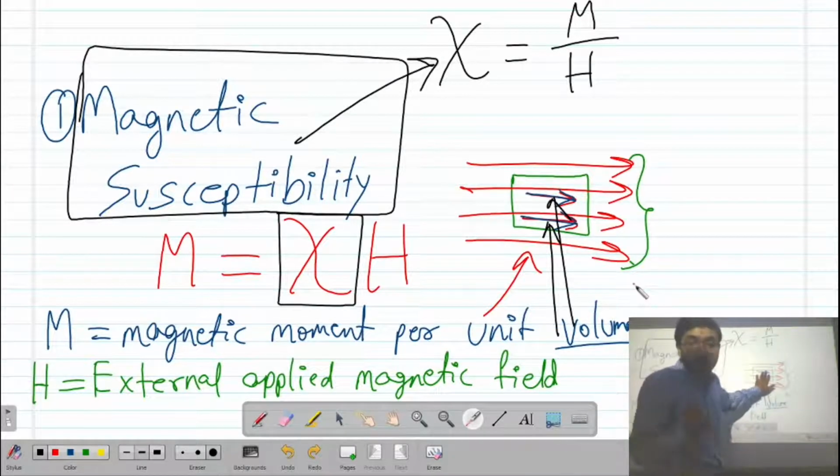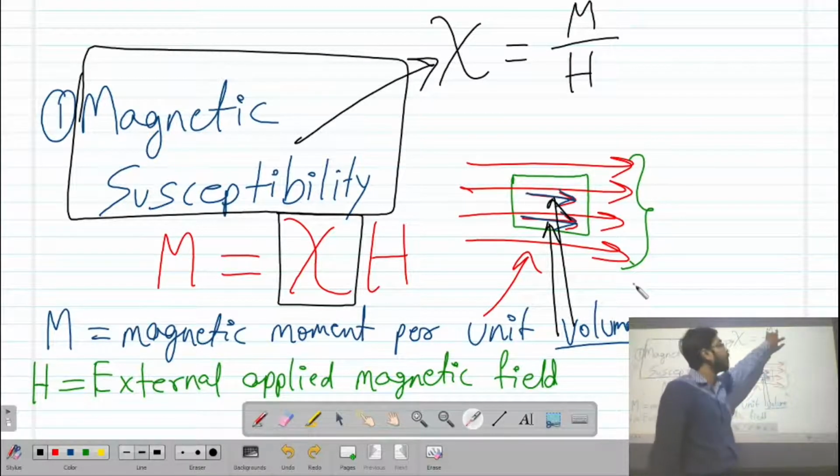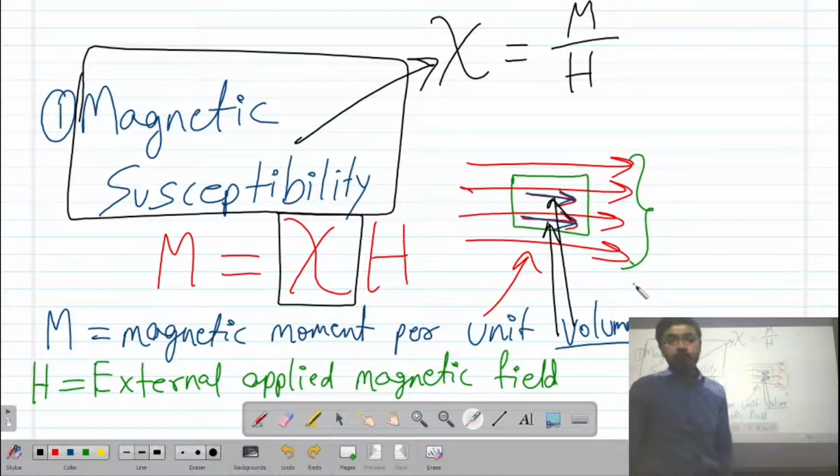So the number of magnetic moments per unit volume that have oriented their directions along the external applied magnetic field will be calculated for M. Means we have a relation between the external applied magnetic field and the induced magnetic dipole moments in the direction of the applied field, right? That is nothing but susceptibility.